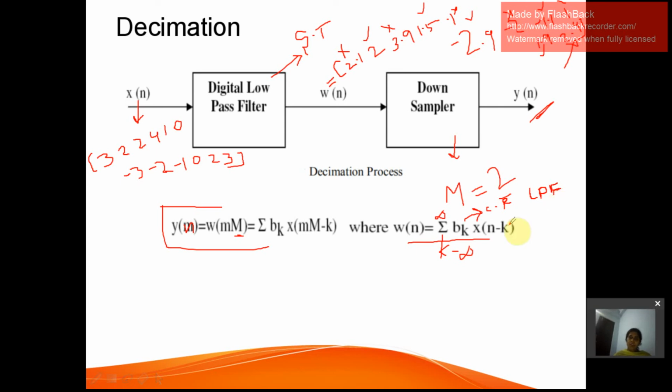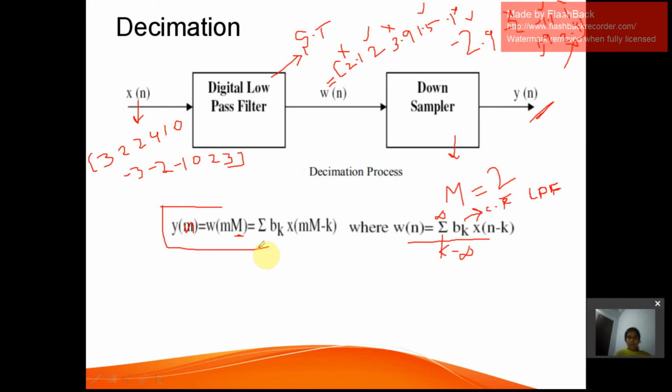Okay, and as this W of n, what is the output we will be getting from the W of n? Nothing but it is a filtered output of an input sequence. It's a filtered output. That's why it has been multiplied with the coefficients of the low pass filter, and this is what the input sequence will be getting. How many times does it get multiplied and added up, from minus infinity to infinity number of times? The additive multiplications are continued, and this is the input output relationship of a decimation sequence.